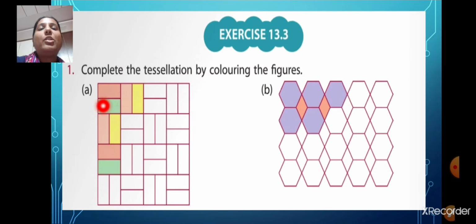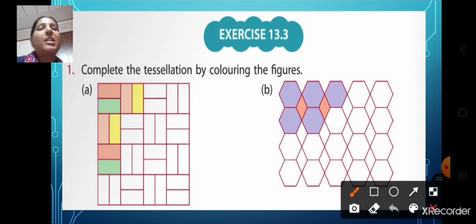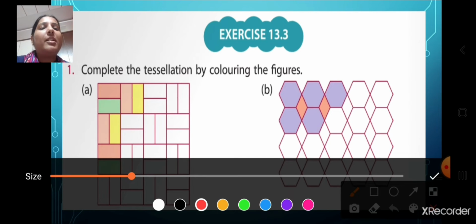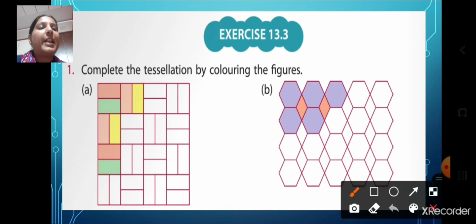For A, you should see the pattern carefully. You can see this is one pattern and this is another pattern. Now after this pattern, which pattern will come? This pattern will come here. With the help of pencil colors or oil pastels that you must be having. I am not having the exact color combination. So which pattern will come now? First we will have a red color or light orange color here. You will do it with the help of pencil color, children.